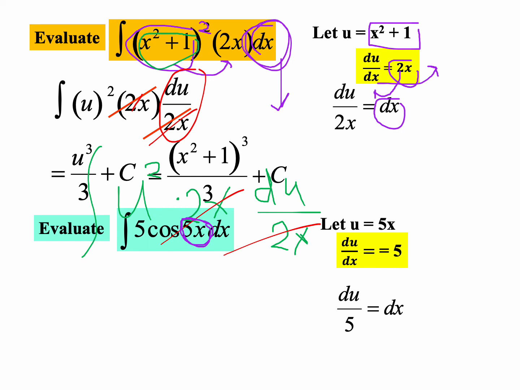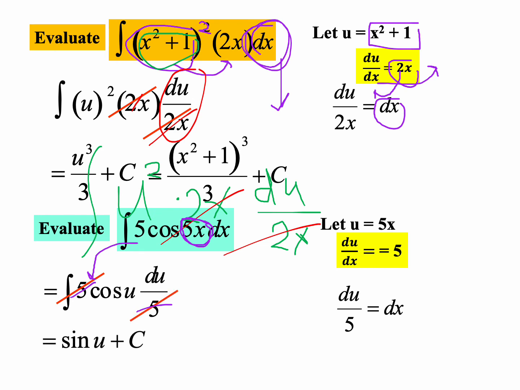Then we need to rewrite everything to be in terms of u. So we can easily say this is 5 here, and we have cosine u by du over 5. Then we cancel 5 with 5. Then we get integral only cosine. Then after getting integral of cosine, we know the integral of cosine is sine u plus c. One more example,